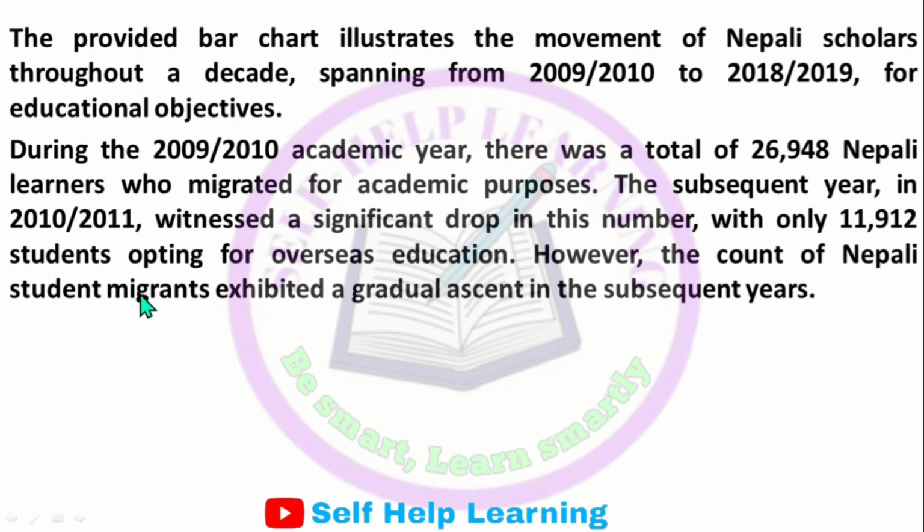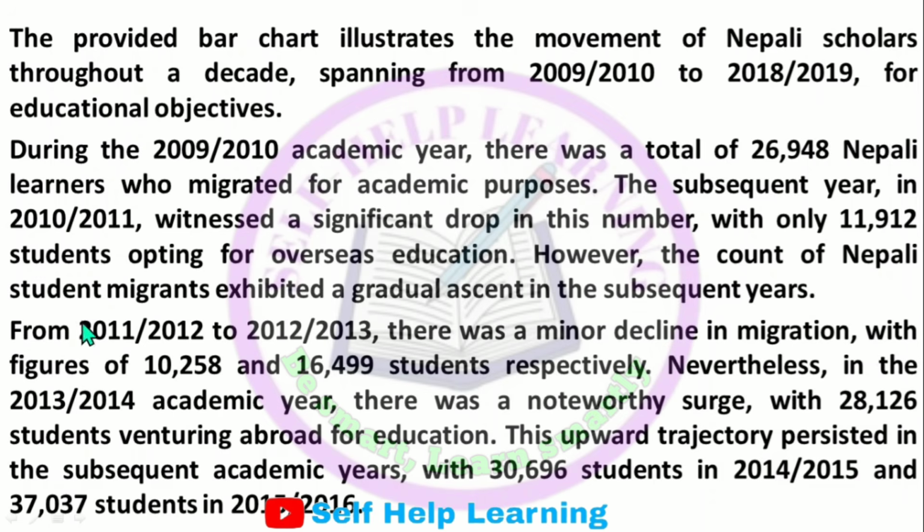However, the count of Nepali student migrants exhibited a gradual ascent in the subsequent years. From 2011-12 to 2012-13, there was a minor decline in migration, with figures of 10,258 and 16,499 students respectively. Nevertheless, in the 2013-14 academic year, there was a noteworthy surge, with surge meaning increase, with 28,126 students venturing abroad